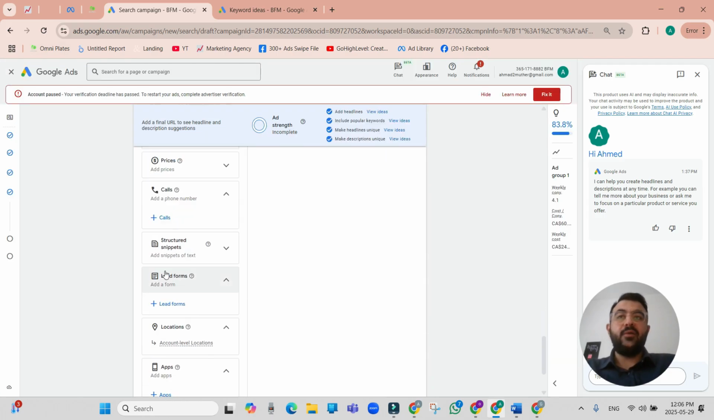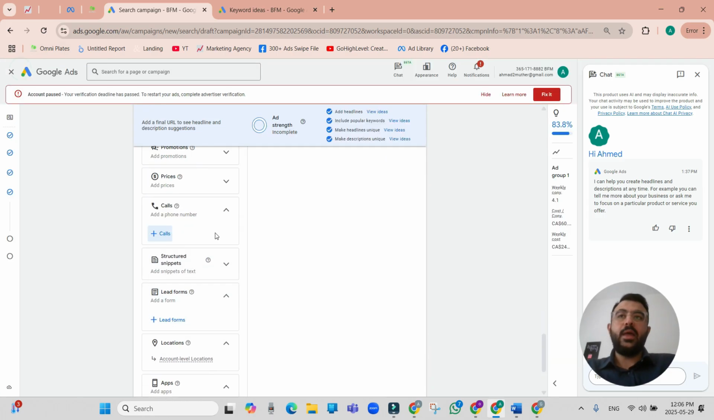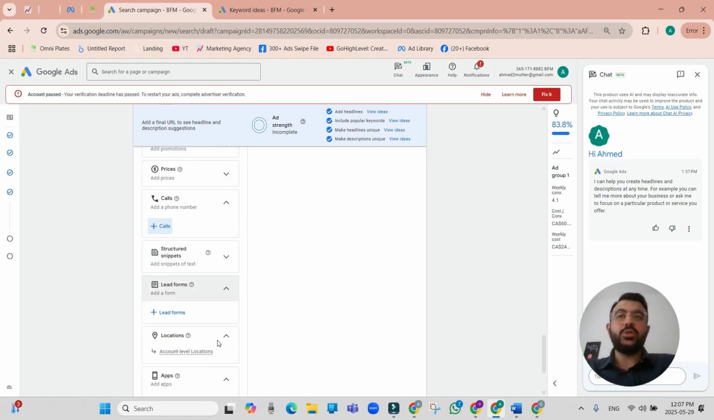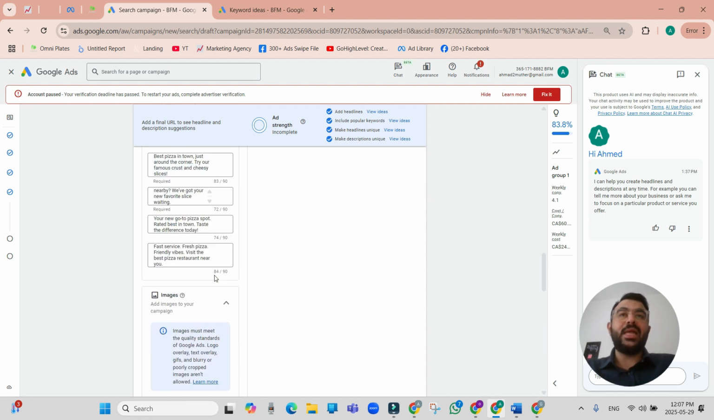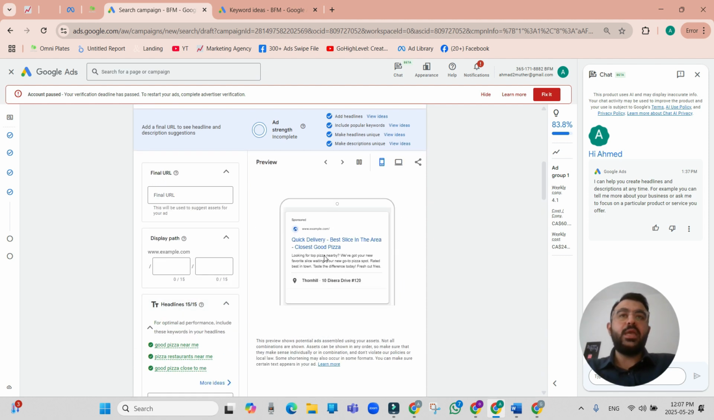Now we can add a phone number, which I highly recommend. I recommend that you add a phone number, add prices if you want promos, but I would say add the location and the phone number. This is something very important. If you have an app, add an app, but you do not have to. So try to add as many of these as possible. Keep in mind that